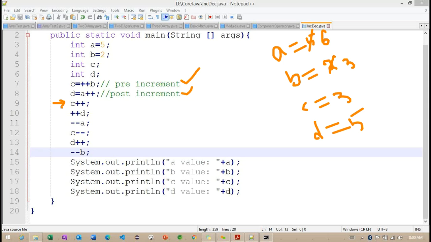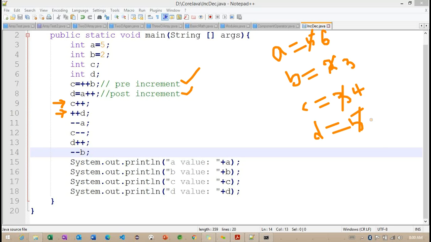So now we are entering line number 10. At line number 10, the value is going to increase. Which value? The C value is going to increase. Now it will become 4. The C value will become 4 here. And in line number 10, we are checking the pre-increment operator. So the D value will become 6 because of the increment here. Doing any expression here, the value is going to change.